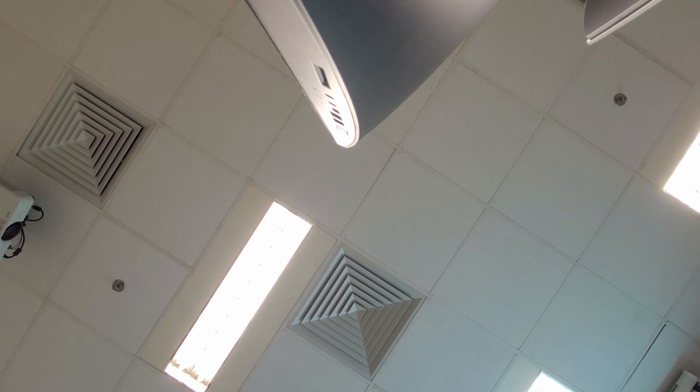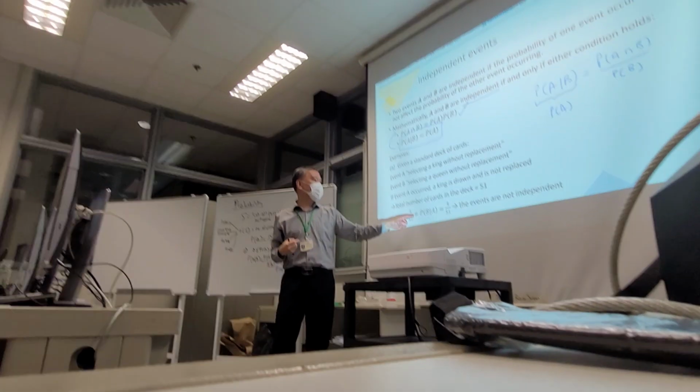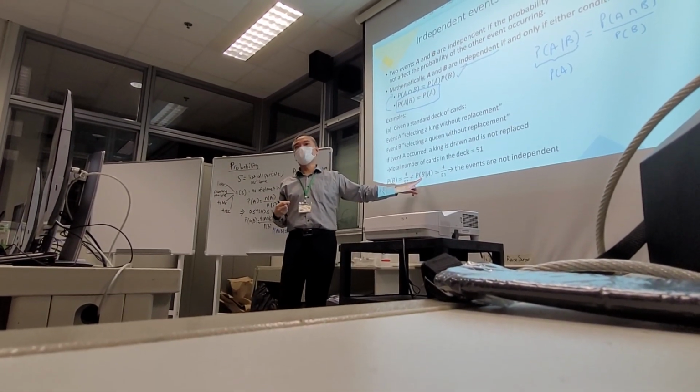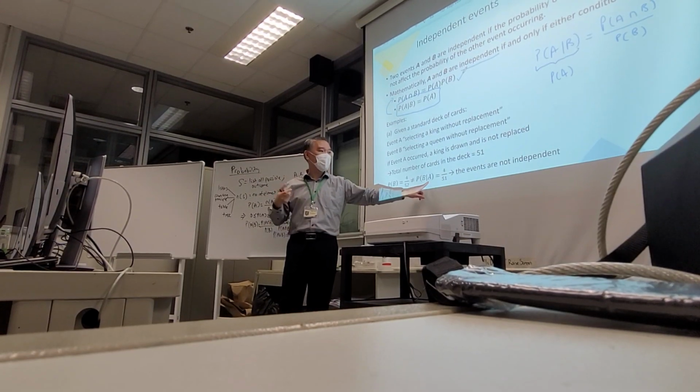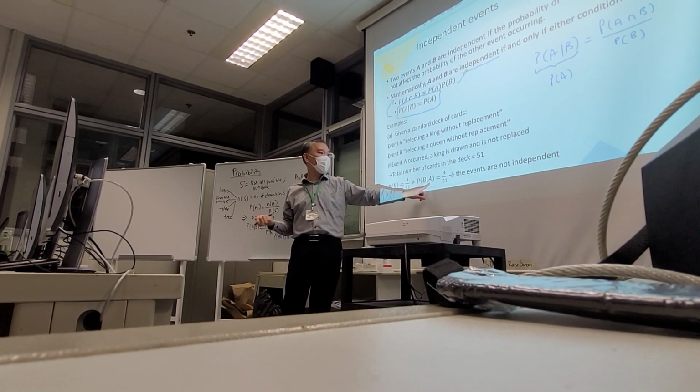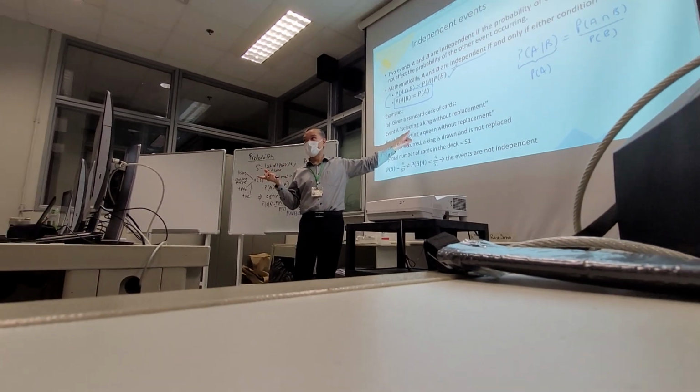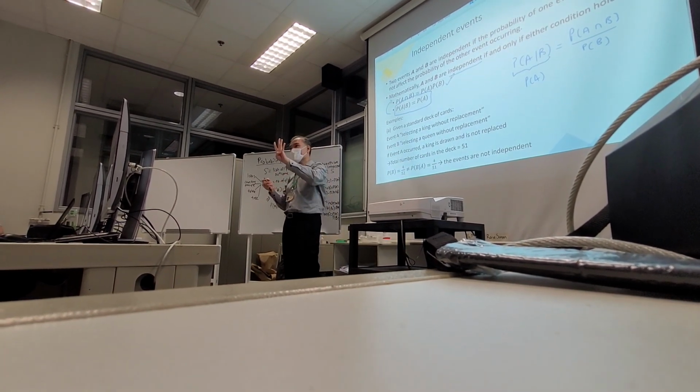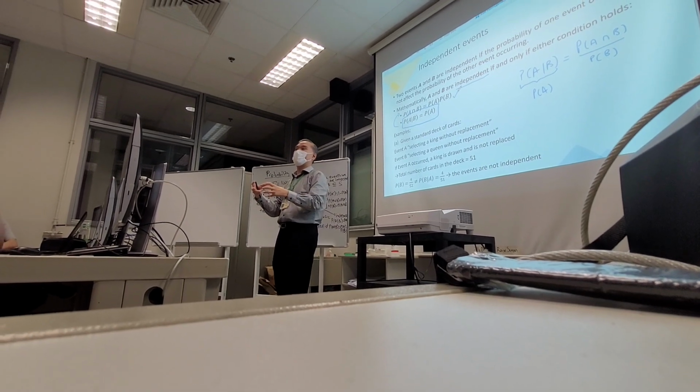Got it? Then what is the probability of B given A? That means if A has occurred, I have already selected a king. Just take note, it's without replacement. So how many cards have I left in the stack? It's no longer 52, it's going to be 51. Are you following me? But how many queens do I have? I still have 4 queens, because the one selected is not a queen. The one selected is a king, because A is selecting the king. So I still have 4 queens inside there. But the number of cards I have now becomes